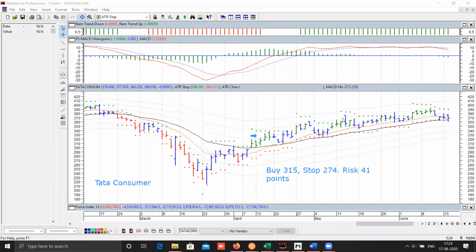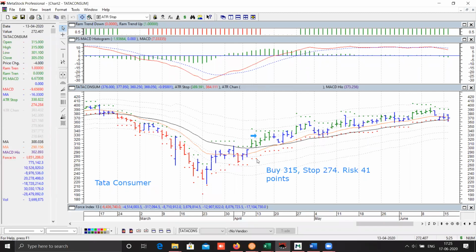As it moved higher and higher, you can see the histogram getting weak. This is a sign that the trend is getting weak on the upside, while it did not drop. The red dots are the stop loss. Stop loss is 1.5 ATR of the price movement that we use, and it is trailed. So we can see this red dot is moving along with the price. At this place, stop loss was 324, low was 325.